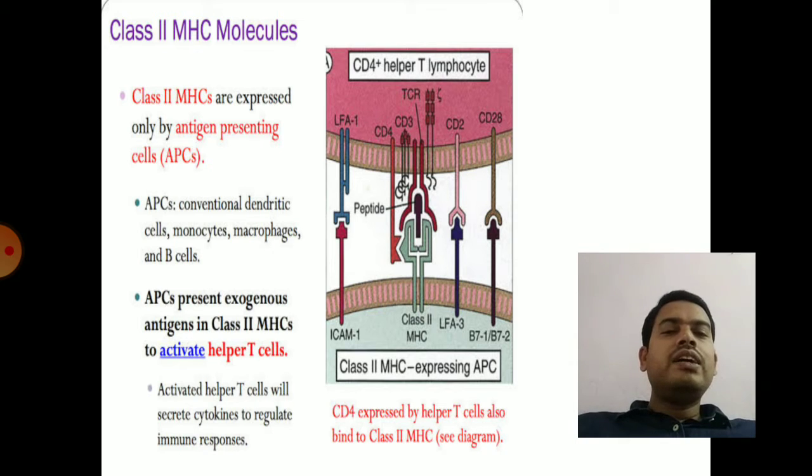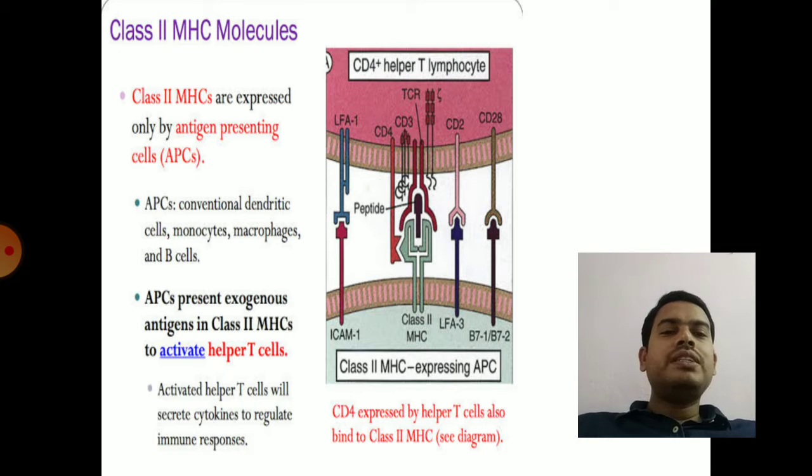So all these are called antigen presenting cells. They will process the antigen and present it to T helper cells. The T helper cell has CD2, CD3, CD28 and the TCR receptor, and the special type of receptor present on T helper cells is the CD4 receptor. You can clearly see toll-like receptor, CD3, CD2, CD28. These are common for T cytotoxic cell and T helper cell. The only difference is that T cytotoxic cells contain the CD8 receptor, whereas T helper cells contain the CD4 receptor.